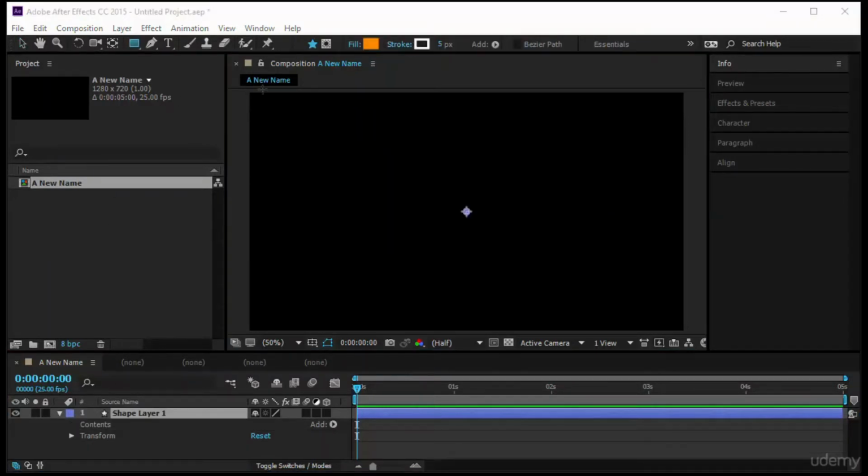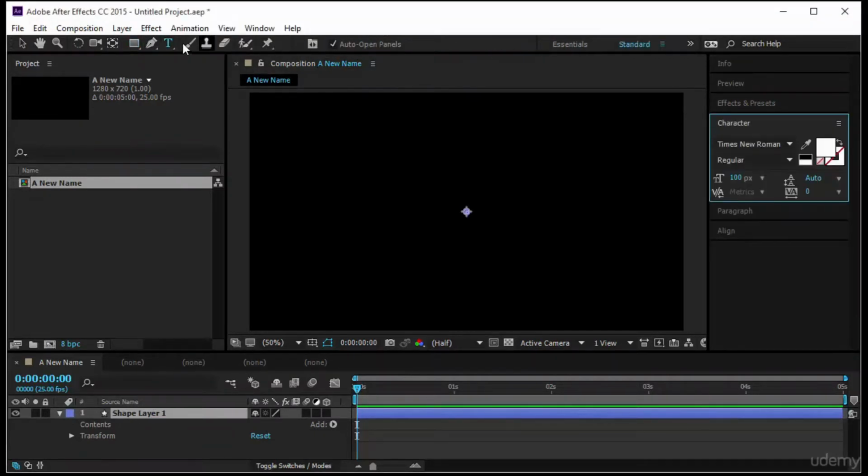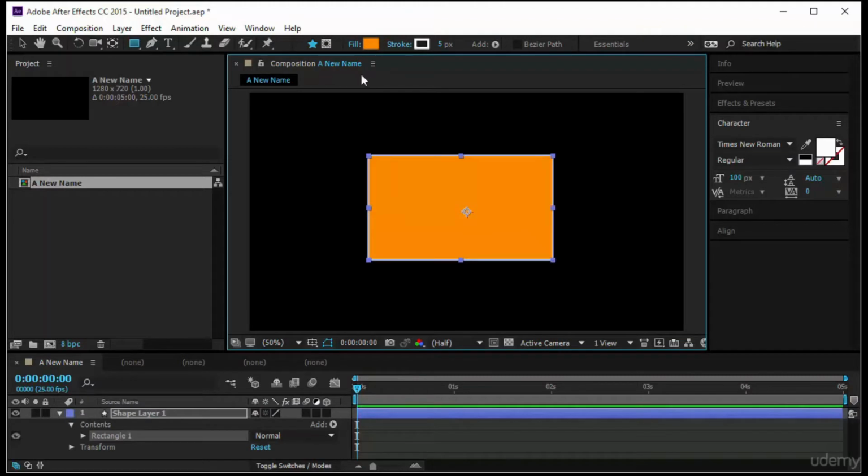Now you notice when you choose the shape tool, some other options will appear here. For example, if you are in the text tool, they will go away. Choose the shape tool and you have the tool create shape or tool create masks. We'll see about this later. And you have the fill option, the stroke and the stroke width. So you can adjust these before you start creating your shape, or you can create your shape and